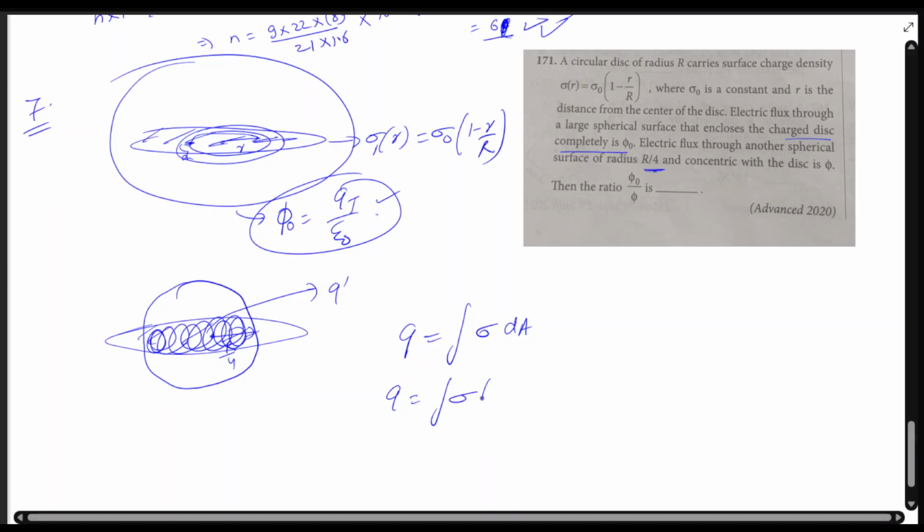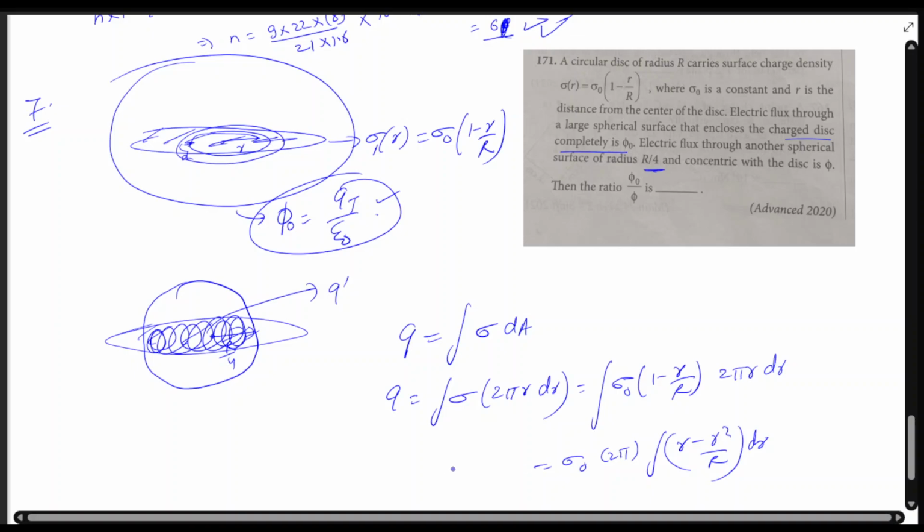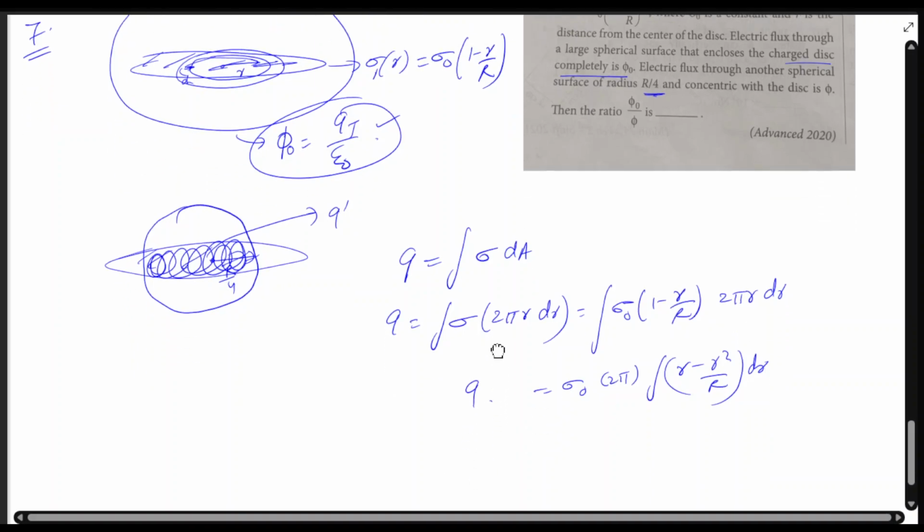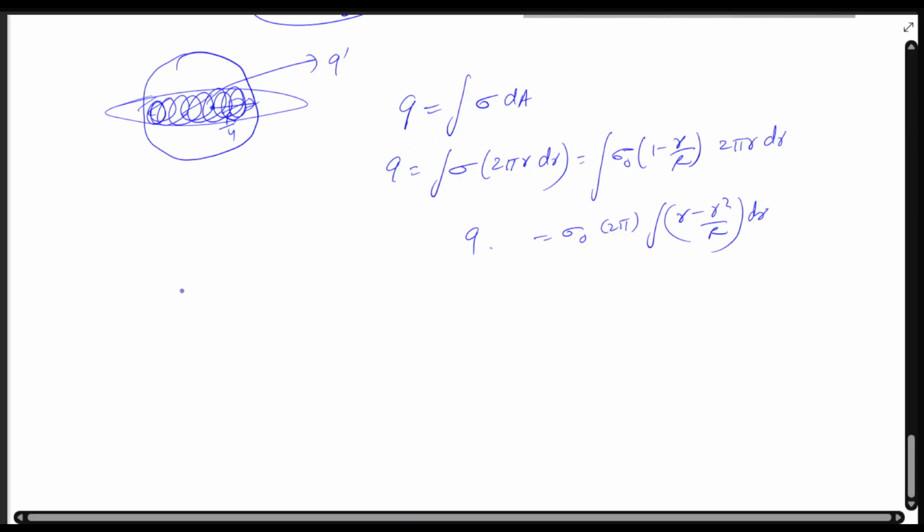Q will be sigma 2 pi r dr. Let's just put it here. It will be rho naught 1 minus r by capital R into 2 pi r dr. So it will be rho naught 2 pi, r minus r square by capital R, dr, right? So we will get Q